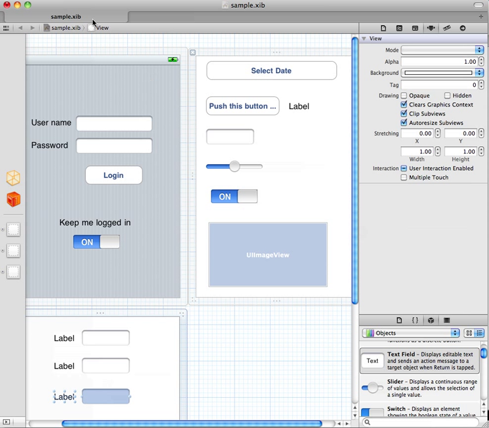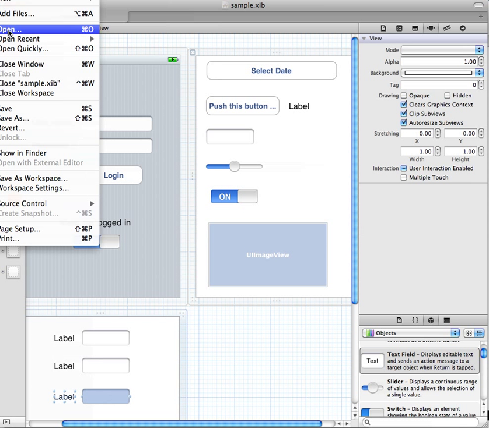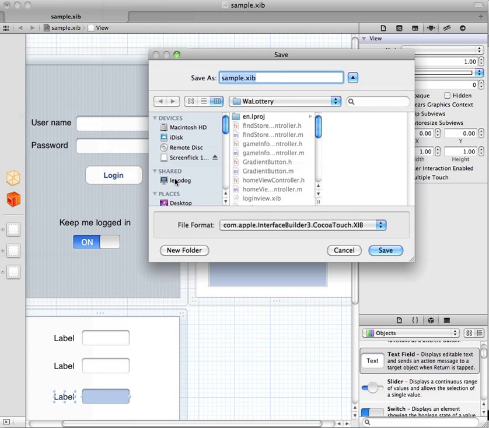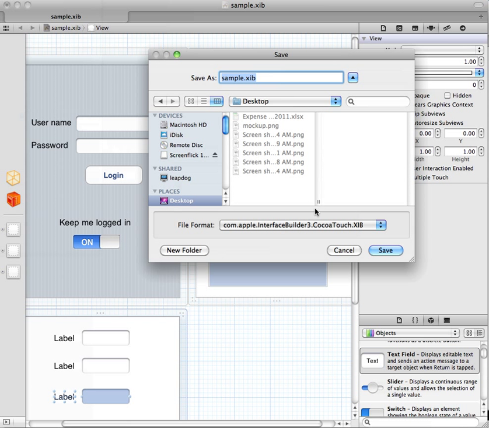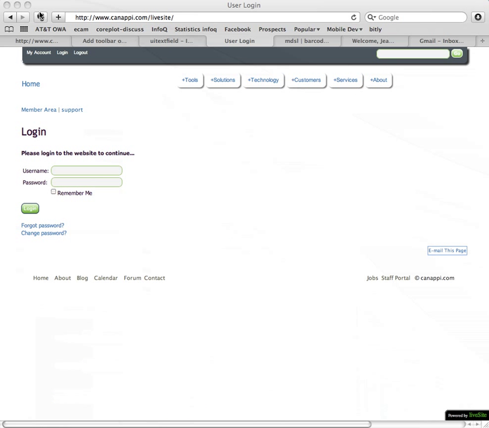So once you're done, you save your file. So we're going to save it on the desktop. And now we close this window and we go to the website,